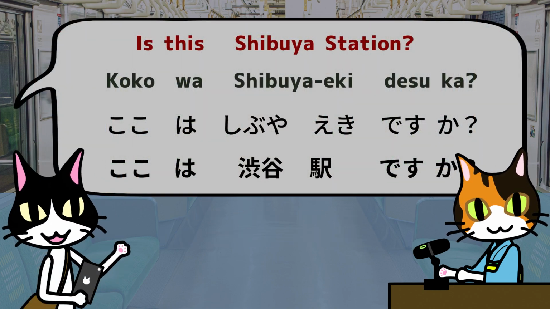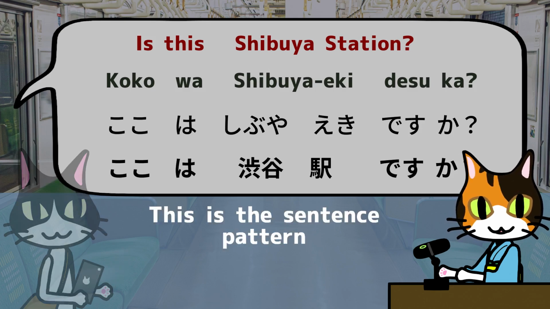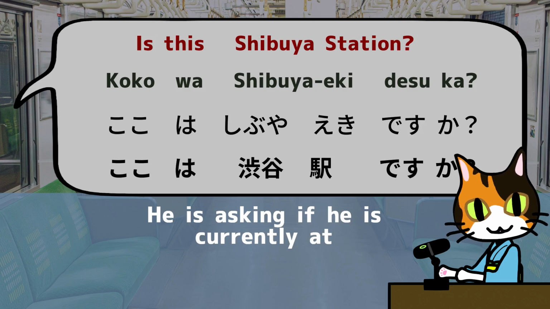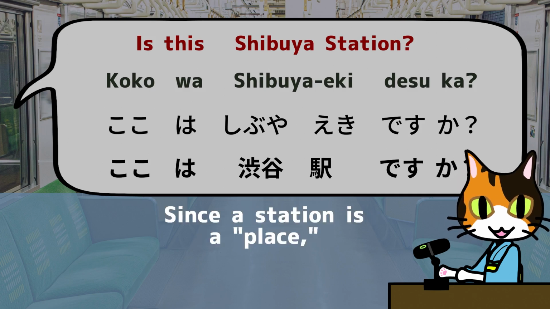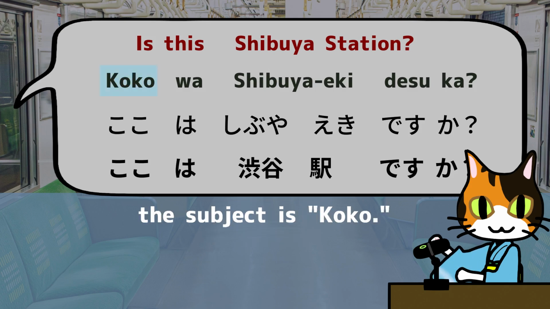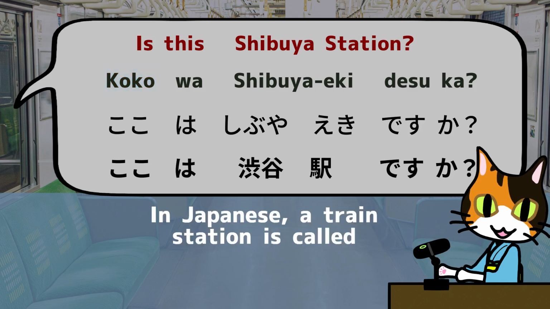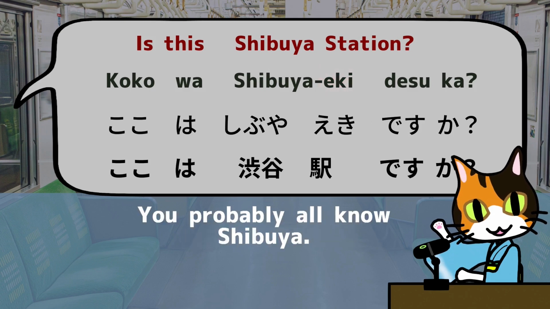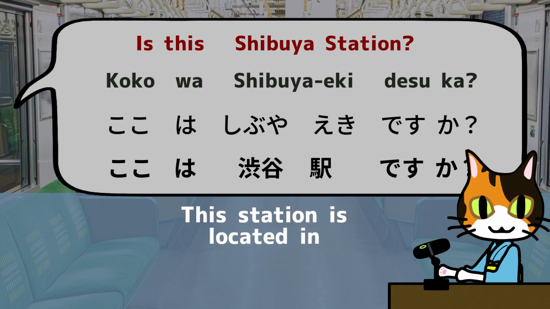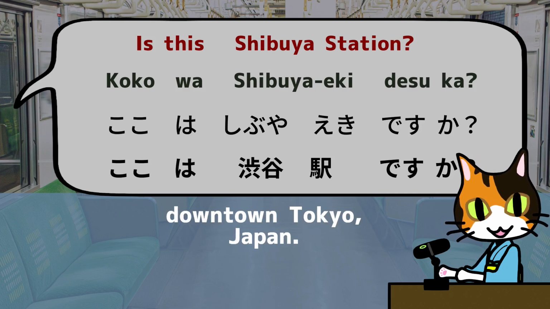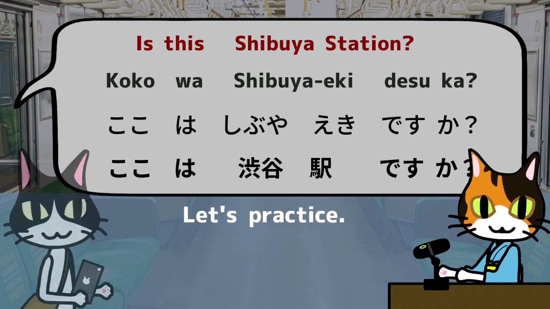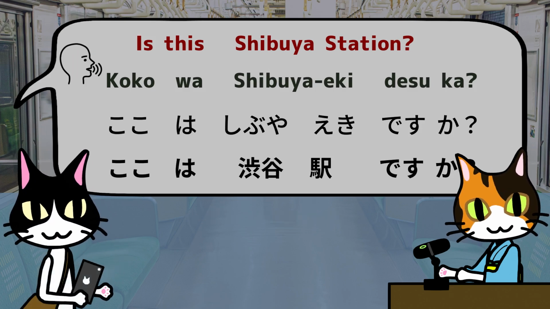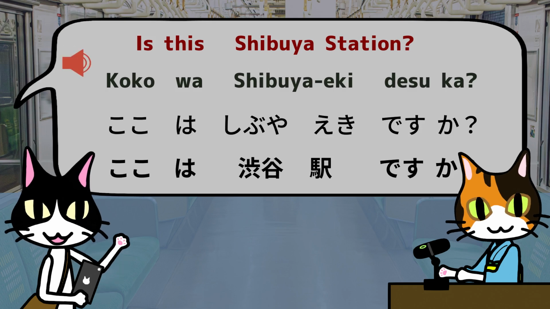ここは渋谷駅ですか？This is the sentence pattern we practiced today. He is asking if he is currently at Shibuya Station. Since a station is a place, the subject is koko. In Japanese, a train station is called 駅。You probably all know Shibuya. This station is located in downtown Tokyo, Japan. Let's practice. ここは渋谷駅ですか？